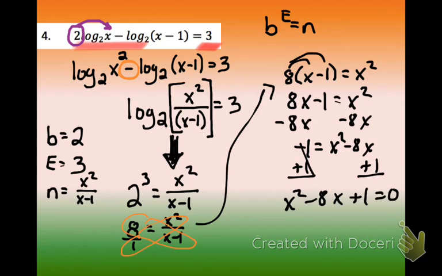And right away, if you look at this, you have a 1 here. The only factors of 1 that are possible if you were trying to factor this would be 1 and 1. And there's no way in heck that that is going to turn into an 8. You can't get a 1 and a 1 to be an 8. So, your only option for this is going to be either to complete the square or use the quadratic formula,